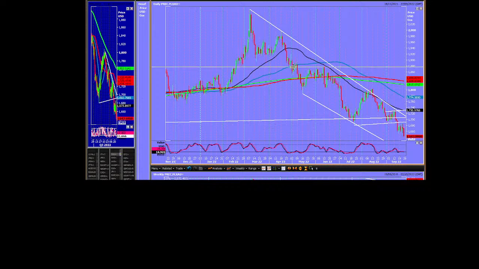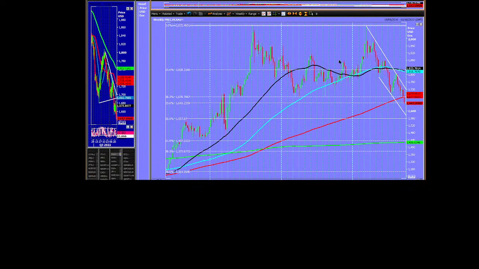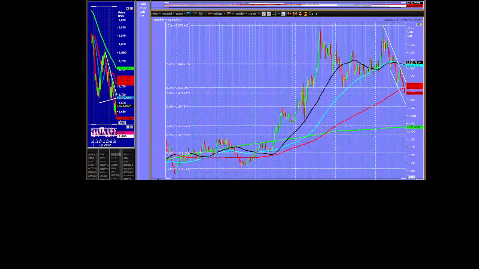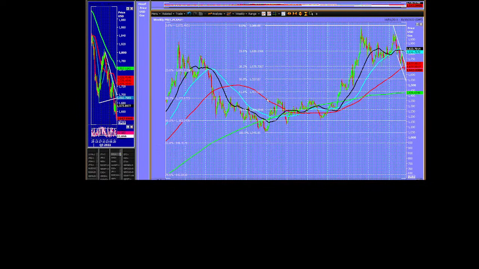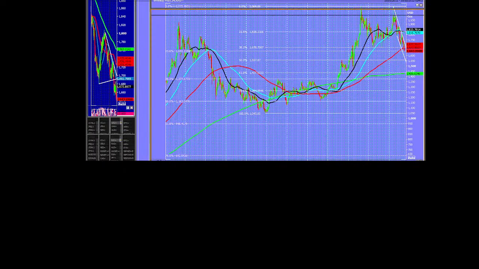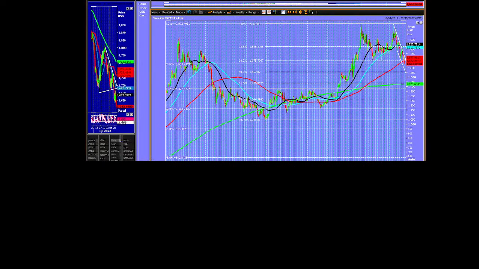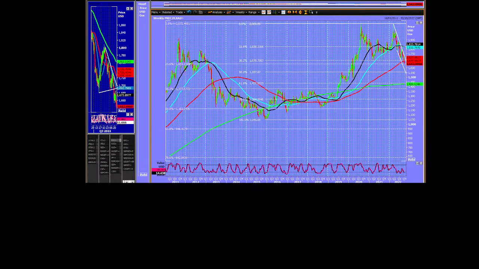I need to do the weekly chart, don't I? So there's the weekly chart showing the channel, the negative channel, the break below the fib, the shorter term fib, which I'm going to have to crunch up now. So that fib is taken from the low of this year, which I can't see because the bottom of the page is now lower than it should be. Maybe that'll work. There you go. That's the bottom of the page with the slow stochastic on it.